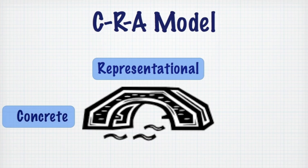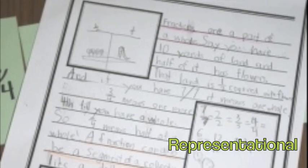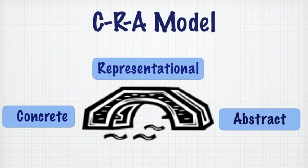R is for representational learning. In this stage, students must represent their understanding in a reflective and/or symbolic form. The closure activities or journaling that happens after every concept lesson is what deepens the conceptual understanding that balanced math is based upon. When the concrete and representational stages of learning are addressed in an engaging and student-centered way, then